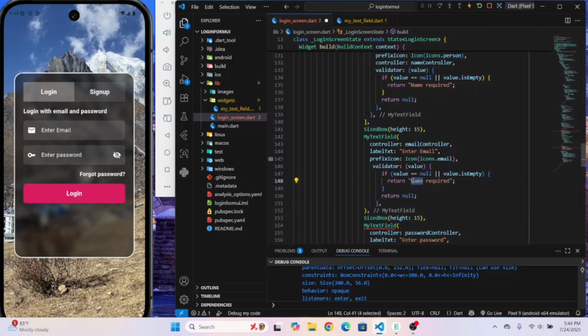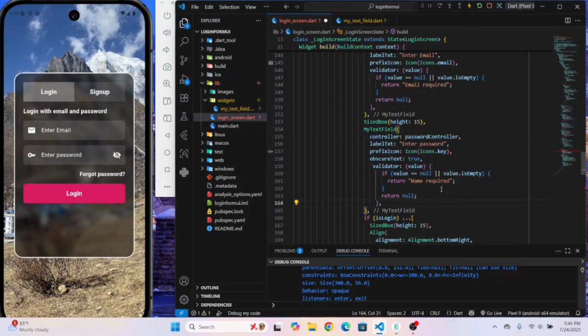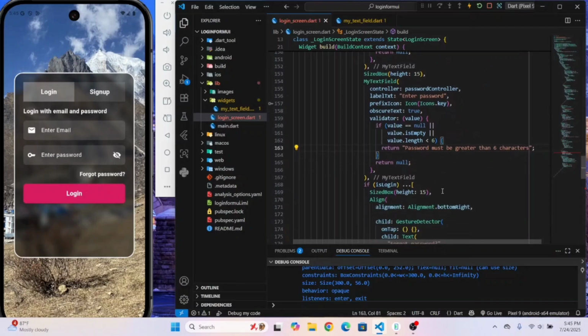And here we write name required, and over here too we write, okay, write else condition, sorry, write or if value dot length less than 6 characters, then we return here password must be greater than 6 characters. Okay, else we return null,